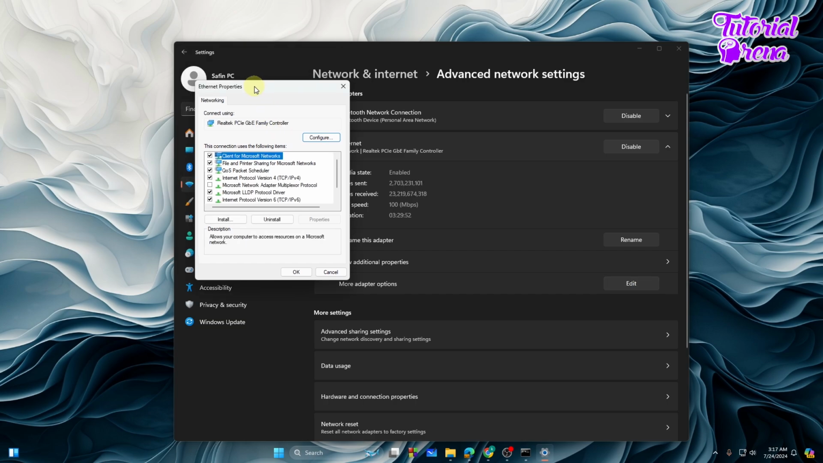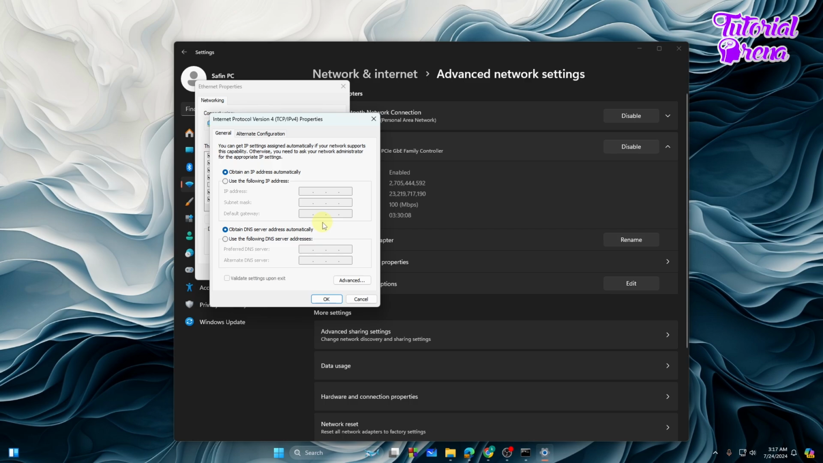Then you will find the option Internet Protocol Version 4, IPv4. You need to tap on this option. First of all, you need to ensure that this is ticked, then click on it, then go to the properties. All right, then tap this option, use the following IP address. Just tap on this option and you need to type the first numbers from this IP address, like